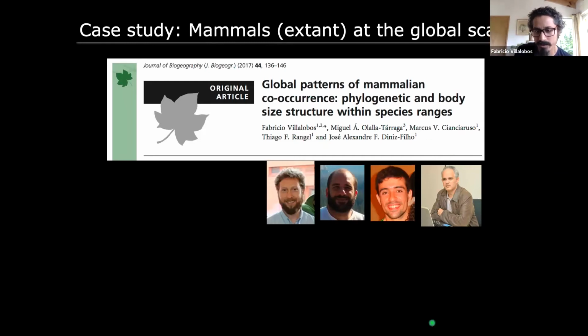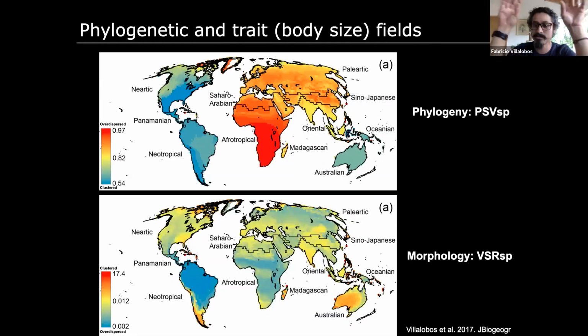And what we found was something that we already knew, but not at the level of species. We have two main histories, two main evolutionary stories in the assembly of mammalian communities across the world. We have old lineages in the Old World and newer lineages in the New World, and we see a clearly longitudinal pattern of New World, Old World phylogenetic co-occurrence.